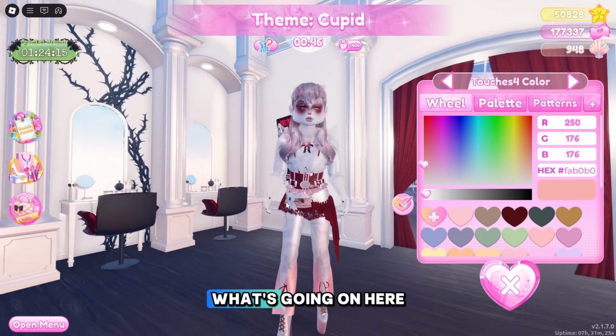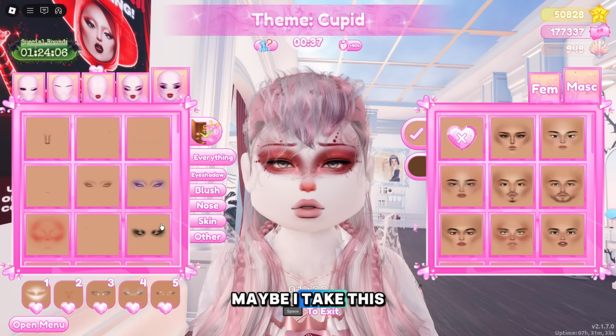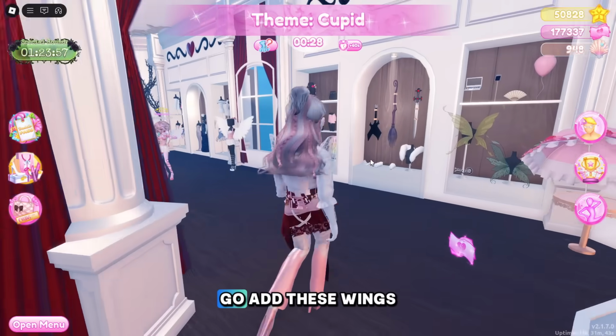I don't really love what's going on here. I kind of look like I'm dying with the red everywhere. Maybe I take this one off. Does that look better or worse? I really can't tell. I think it's just gonna have to be okay because I need to go add these